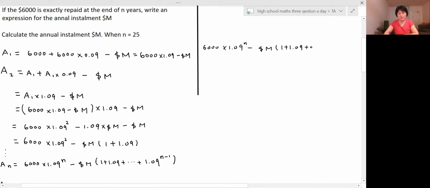Plus the system, plus the system 1.09 to the power n minus 1, and then this is equal to 0. Okay, now so the installment M must be equal to